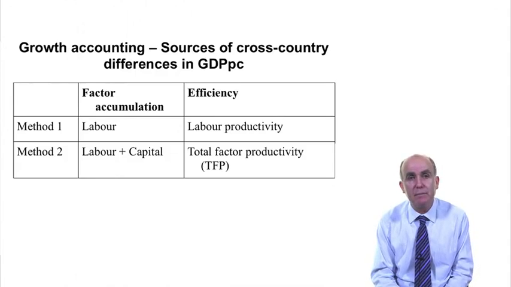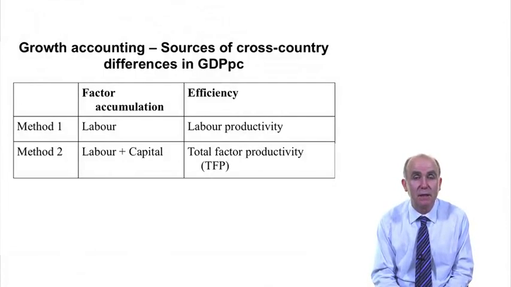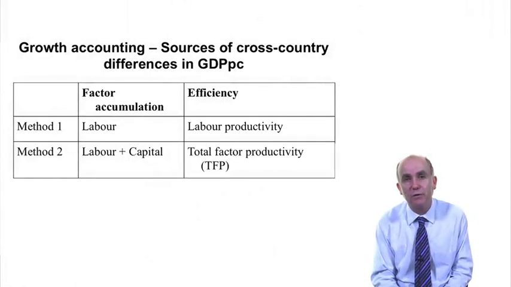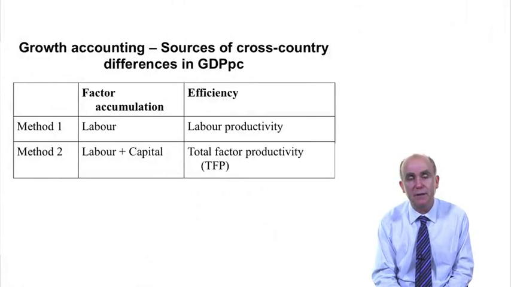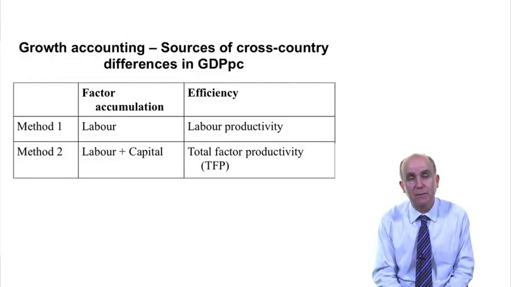The other method is to count both labour and capital and potentially some other inputs in what you're thinking of as factor accumulation. And so then it's differences in labour, differences in capital and those other inputs that we think of as representing differences in factor accumulation. The efficiency measure then is something that we refer to as total factor productivity: the effect of the transformation of inputs on output once we've controlled for the amount of labour and capital and other inputs that countries are using.